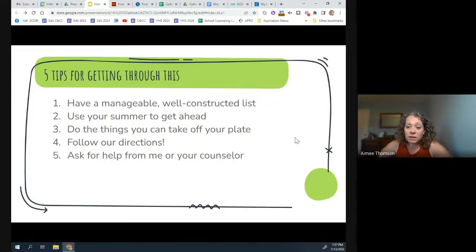I'll email kids when I see that you haven't sent out applications. I will start emailing you and saying, hey, do you need help? And when students reach back out, we can get an appointment scheduled like the next day. Oftentimes they're like, I wish I had reached out sooner. I probably would have been a heck of a lot less stressed if I had asked for help. But for the ones that don't respond, I'm not coming to your classroom to ask you, and neither is anybody else. So you need to respond and you need to reach out if you need help.